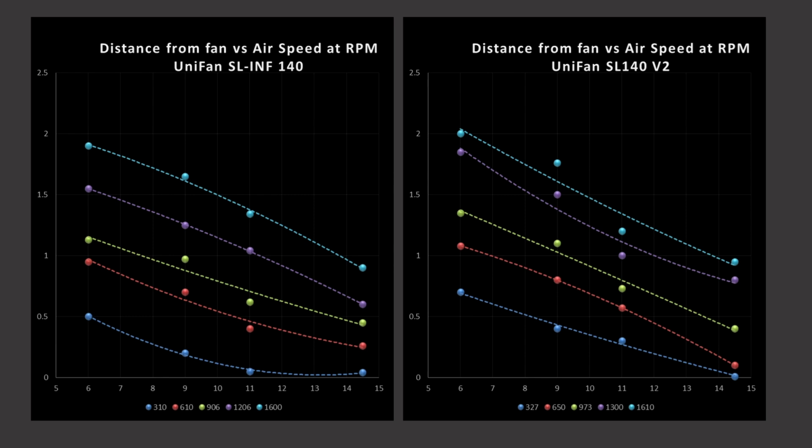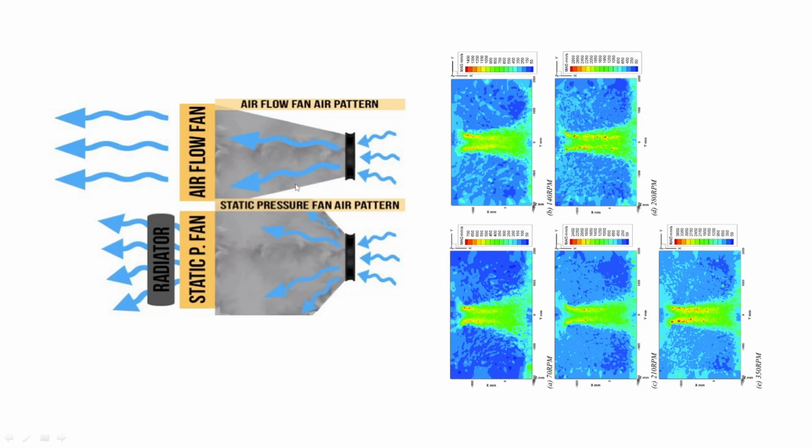Now, why is this important, scientifically? Well, the most perfectly designed fan in the world would have a perfectly flat line. It would have no aerodynamic losses from the front of the case to the back of the case. But there are aerodynamic losses, so you want it to be as linear as possible and as gradual as possible. So, kind of a case in point: old style static pressure fans tend to spew air off to the side. In my opinion, you'll always want to select a fan that has a good concentrated airflow,